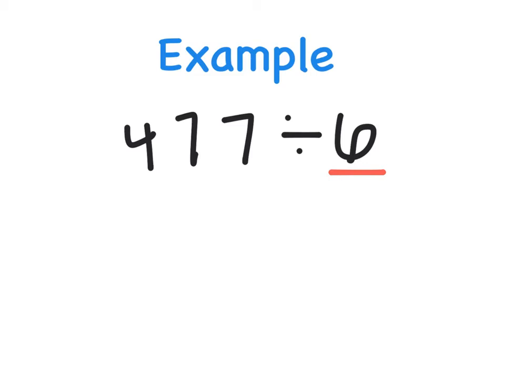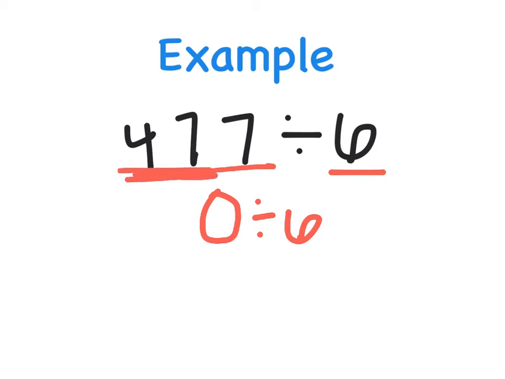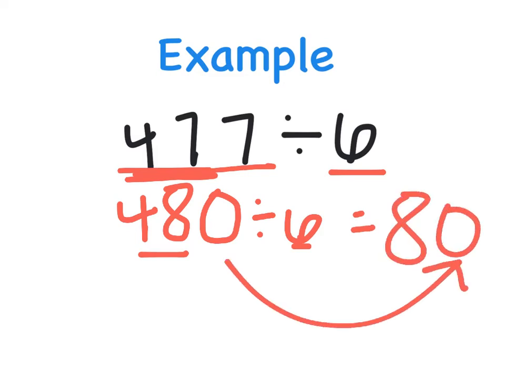Using the hint from the last slide, we're going to keep that 6 the same. So I need to think of something that's close to 477 that's divisible by 6. Now, we always want that last number to end in a 0 because it makes things easier. So think about these first two numbers. I'm kind of in between 470 and 480 when I'm rounding. And I know that 48 is divisible by 6, so I'm going to choose that. Since 47 is not divisible by 6, that's not quite the best choice. But 48 divided by 6 is 8, and then I just add my 0 to get my final answer